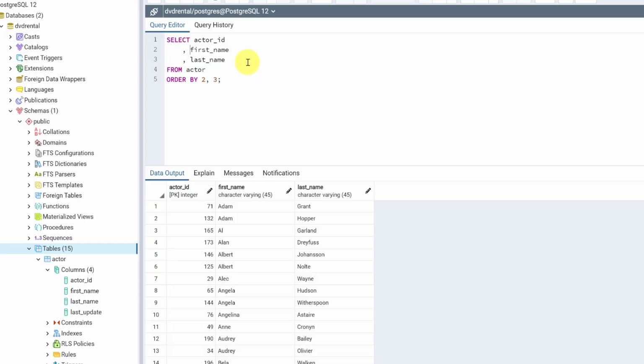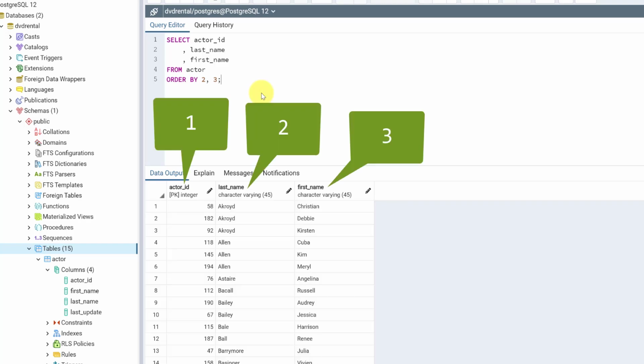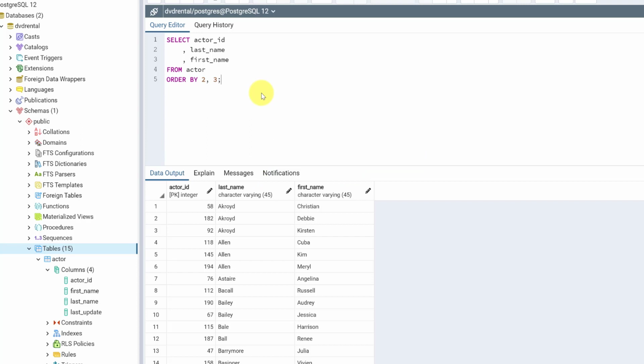If we flip the position of first name and last name in our select statement so that last name comes before first name, but we keep our order by clause the same, then we are sorting our results by last name followed by first name. Watch. So, with the order by clause, you can either specify the name of the column or its numerical position in your result set, and you can sort it in either ascending or descending order. You can mix and match as well if you want to sort last names in ascending order but first names in descending order. It's up to you.